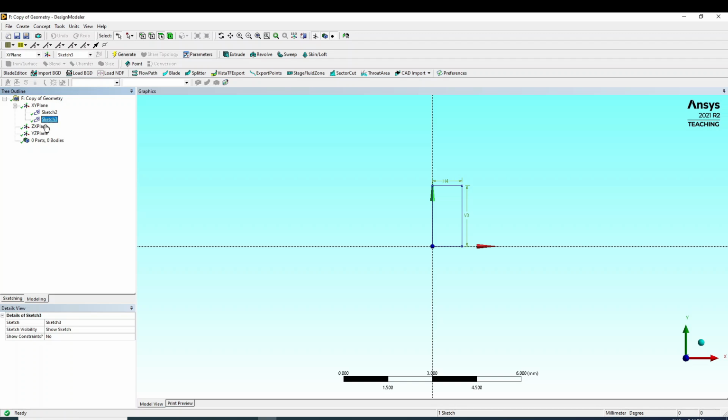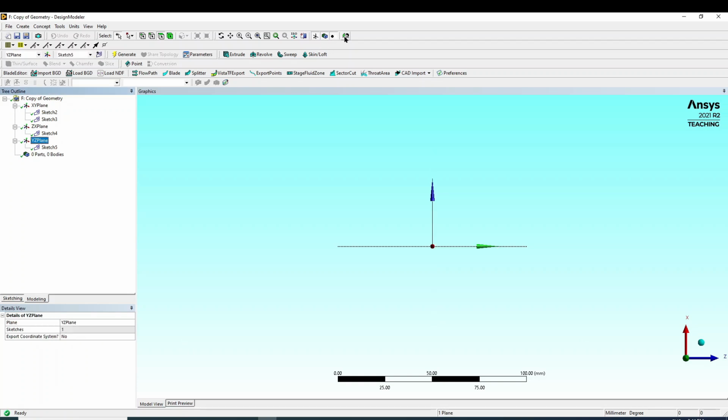Then, similarly, I want to draw the sketch on the XZ plane. I can go for the XZ plane sketch, but it is not face to face. Look at face. Now, can you see the XZ plane here? XZ plane. Now, I want to create the YZ plane. Sketch. Click on here. Look at me.